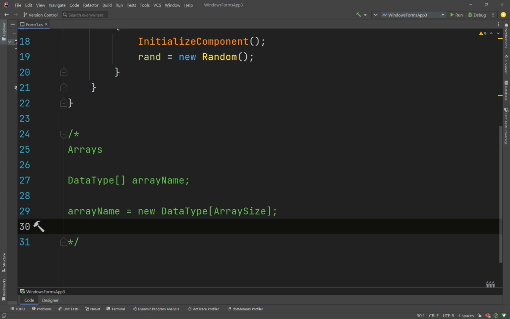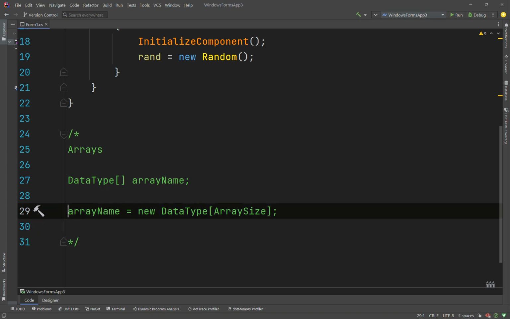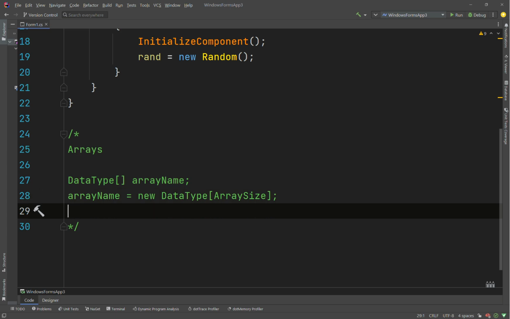So let's just continue on with this. We have a lot to talk about here. The new keyword creates an object in memory. It also returns a reference to the array. In that case, that's just a general notation. So an actual example of that is, for example,